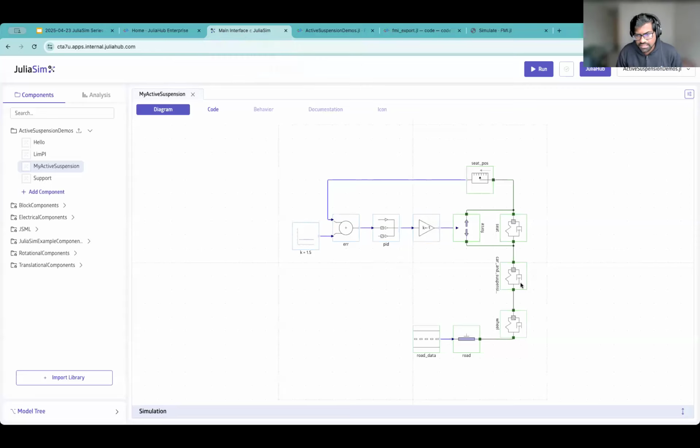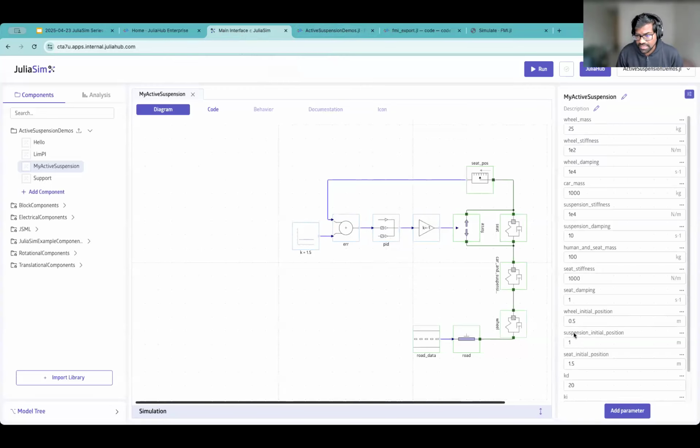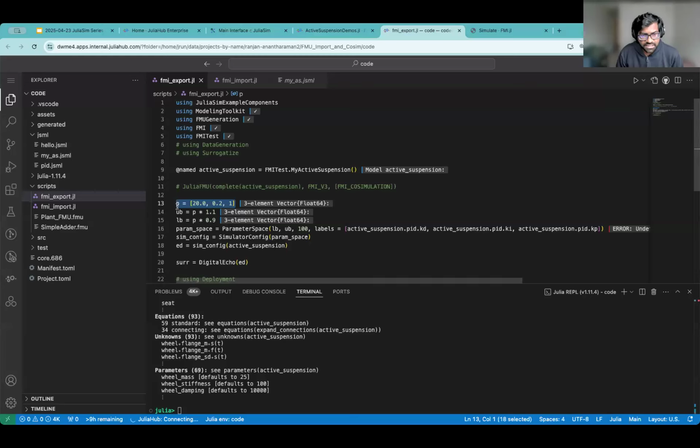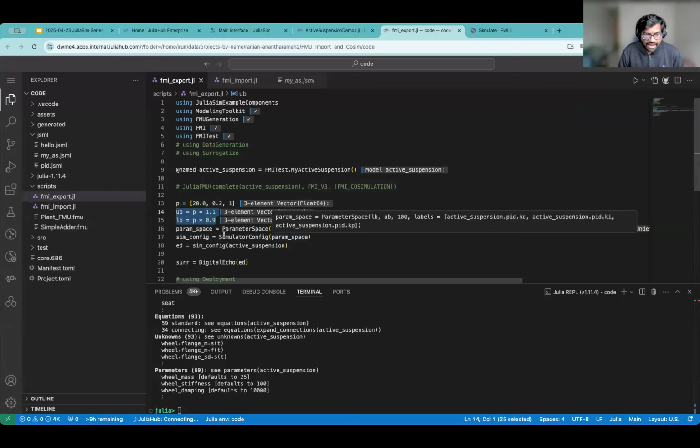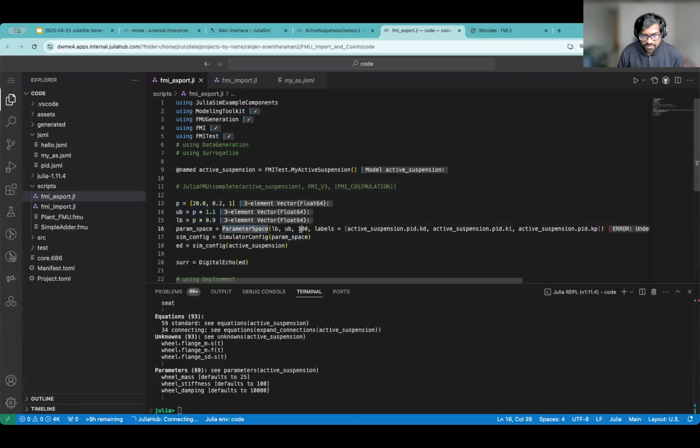To recall exactly what that is, this model consists of a few mass spring dampers along with a PID controller in here, and this PID controller has gains that are specified at the top level. So you'll see the gains somewhere around here. What I'm doing is essentially trying to build a surrogate that takes this coupled system and understands how the system performance is across a number of different gains for this PID controller. The way you would do that is to specify an upper and lower bound of these parameters, building this Cartesian space, and call the parameter space object on this along with the number of samples you want to build a surrogate with. Then calling simulator configuration on your model will give you this object,